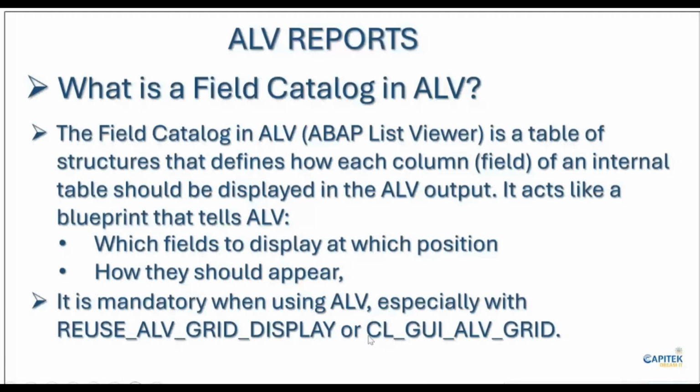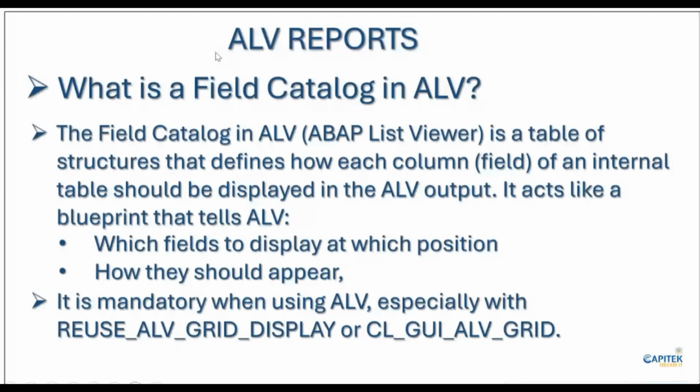CL means class, and GUI_ALV_GRID is the class name. Using this class also you can display the data in the output. When the topic of object-oriented ABAP programming comes, we'll also have an example of these ALVs. We'll see that at that time. But for now, we'll try to display the ALVs using the function module